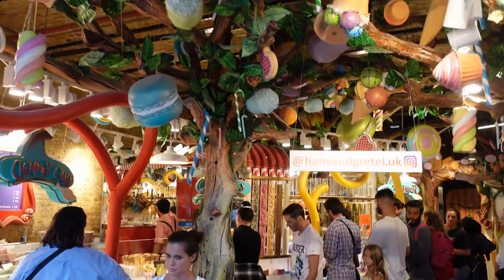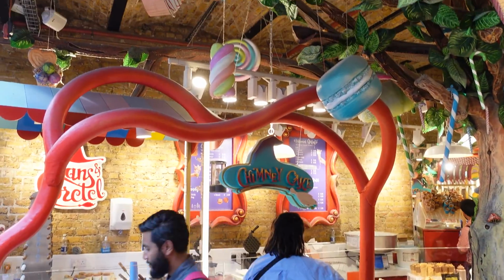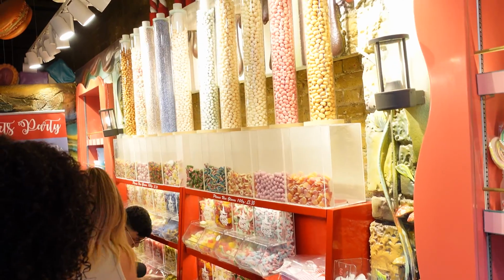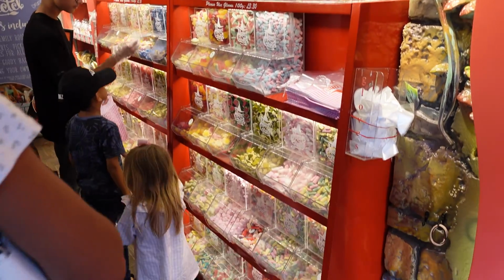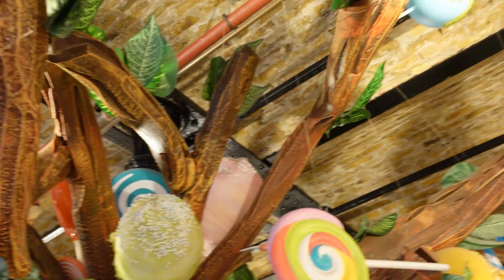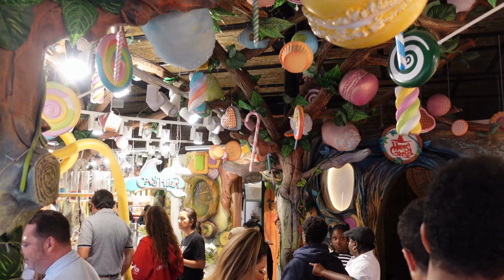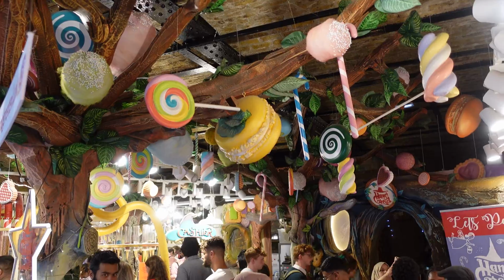Yes, it is a sweet treat. So here you've got all sorts of ice creams with so many different types of toppings, cones, etc. Plus, as you can see here, you've got lots and lots of sweet treats as well. And that's why the queue here is always so long, because people can't actually make up their minds what they want when they get to the front of the queue. Not that I've been stuck behind those sorts of people at all, much. Anyway, we wanted to bring you this as a bonus because it's a wonderful place to come as an extra sweet